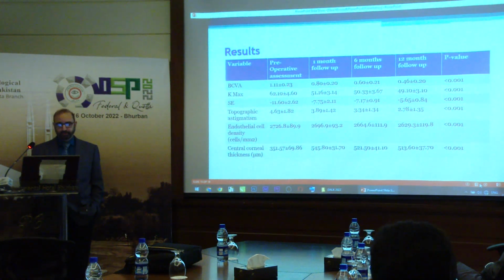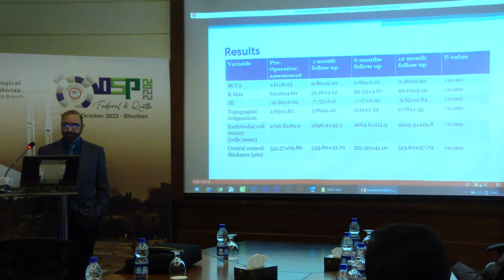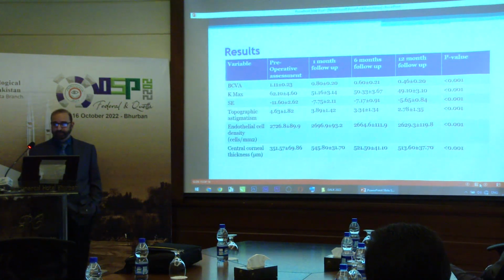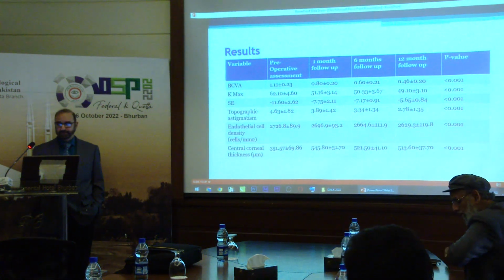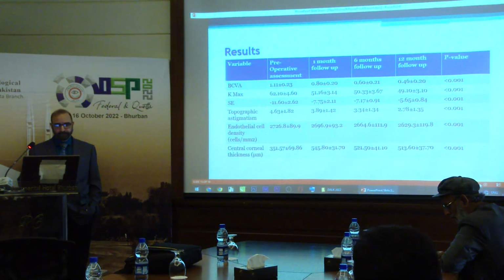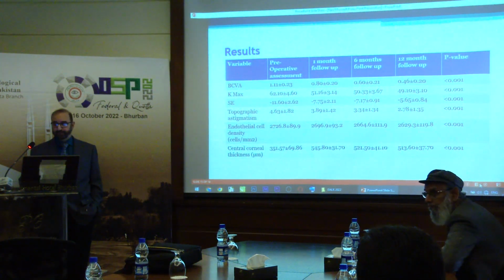Best corrected visual acuity pre-op was 1.11, and after 12 months follow-up it improved to 0.46 logMAR. K-max from 62 pre-operatively reduced to 49 at 1 year follow-up. Spherical equivalent was minus 1.60 at the end of study, from minus 5.65. Similarly, topographic astigmatism went from 4.63 pre-operatively to around 3. Endothelial cell density was 2726 pre-operatively, and post-operative